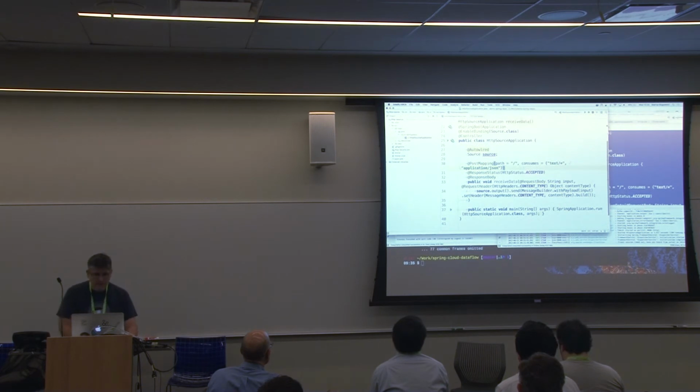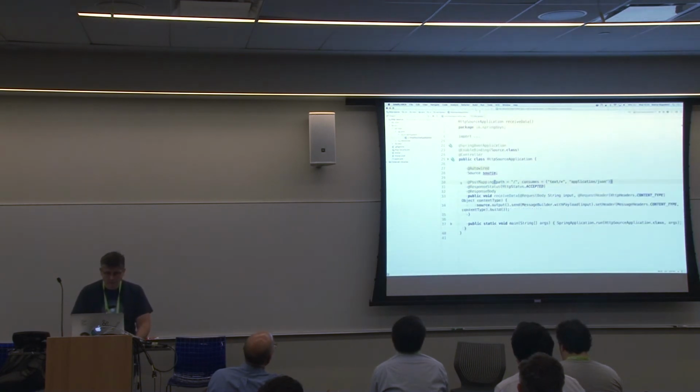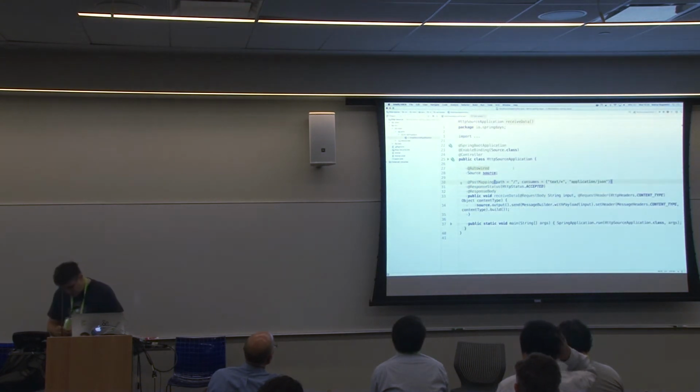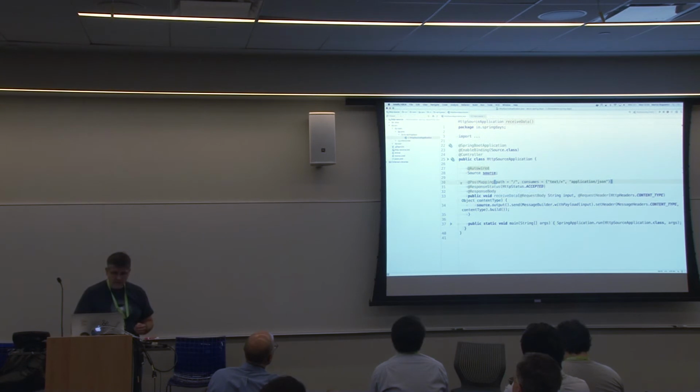And I'm creating this very simple HTTP, as I say, and it's an HTTP endpoint that sends data to the outside world. And this application basically has a controller method. Like you see, it's a controller. It's a regular